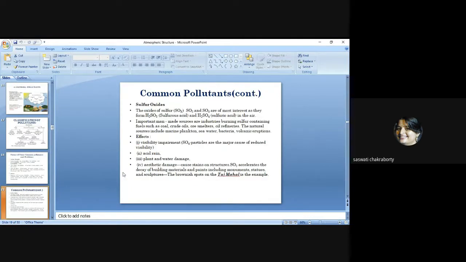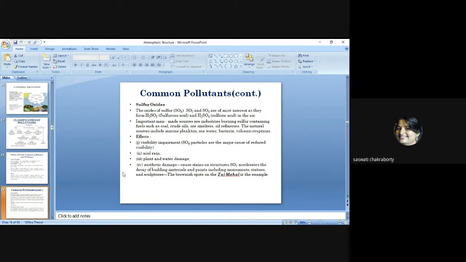Sulfur oxides. Sulfur oxides are sulfur dioxide and sulfur trioxide that form sulfuric acid and sulfurous acids. Both sulfuric acid and sulfurous acid are major components of acid rain. And not only that, sulfur dioxide is mainly obtained from refineries, from coal mining, and when we use coal as a fuel, we emit a huge amount of oxides of sulfur